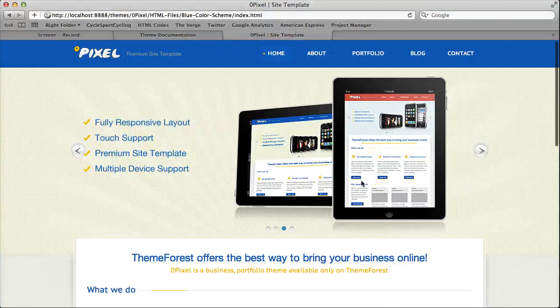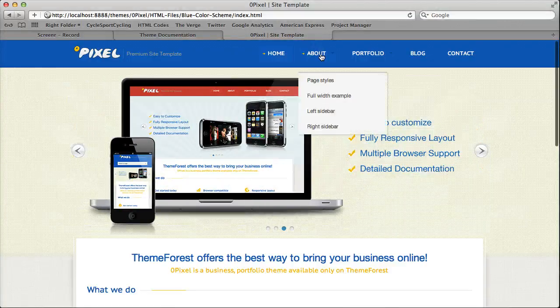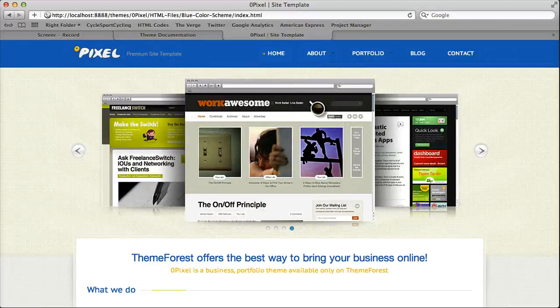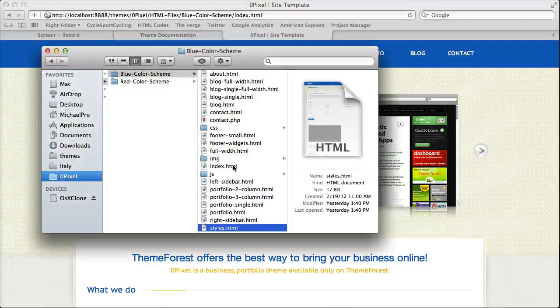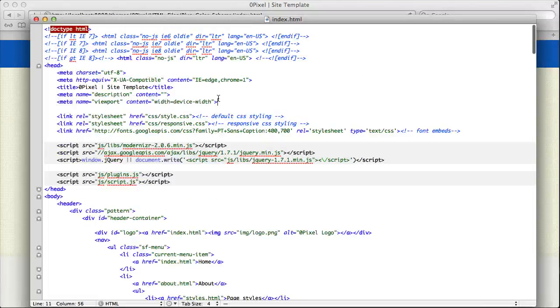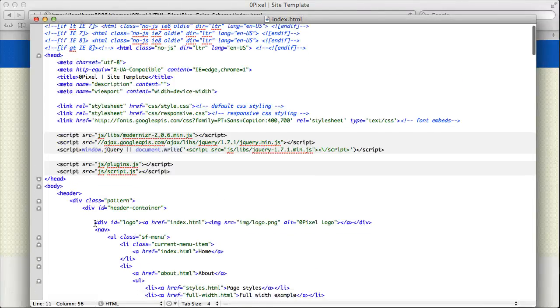Alright, I'm going to go over the HTML styles and code real quick. So basically, the first thing is the logo, and the logo is pretty easy. If I just pop open the index.html file, I'll show you how it's set up. So if we scroll down, we have our logo up here, and all it is a logo.png file